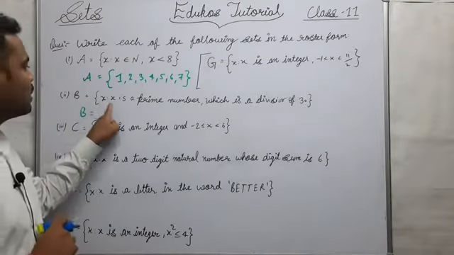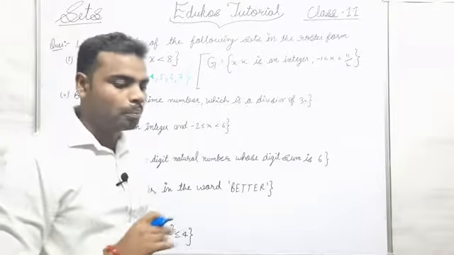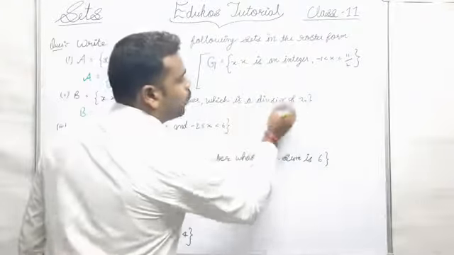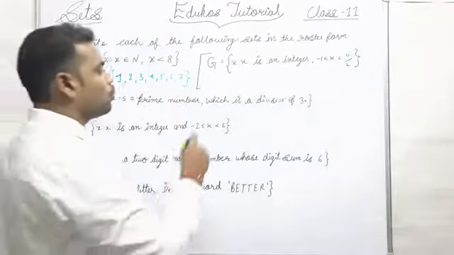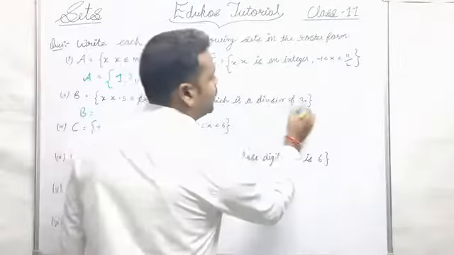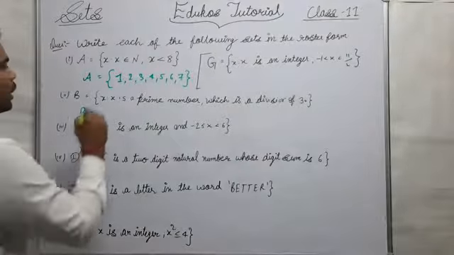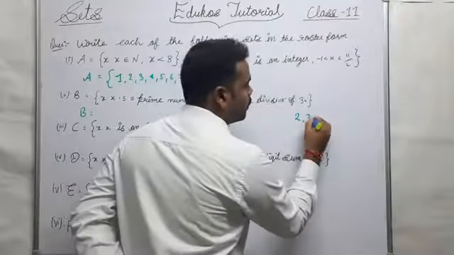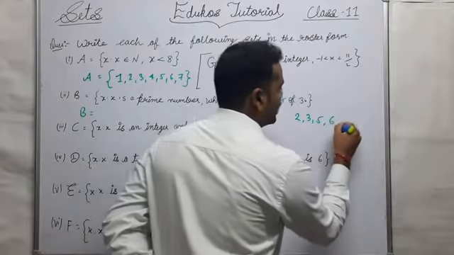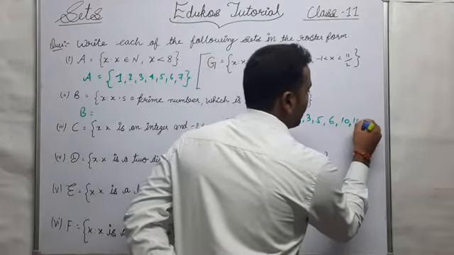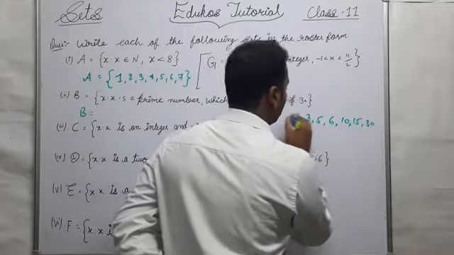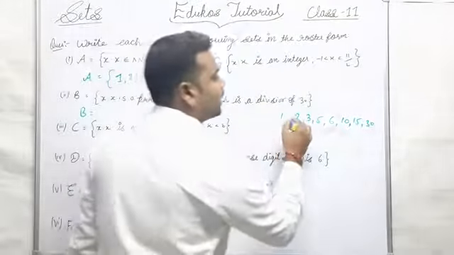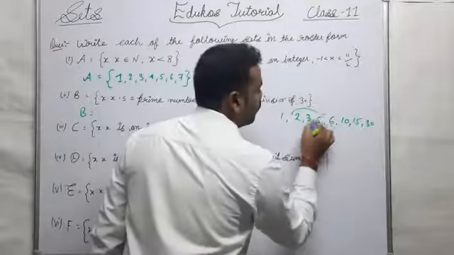B, x such that x is a prime number which is a divisor of 30. Okay, so prime numbers are the numbers which are divisible by itself only. So we have to write prime numbers which are the divisors of 30. Okay, so if I write the divisors of 30, then the numbers will be 2, 3, 5, 6, 10, 15, 30. Okay, so these are the divisors of 30, but in these divisors the prime numbers are only 2, 3